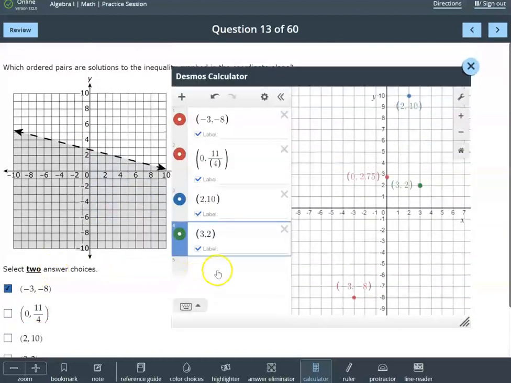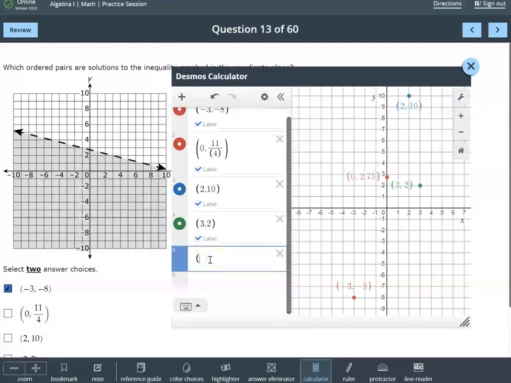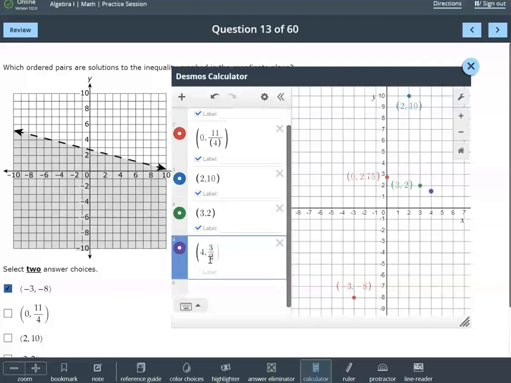So let's hope this last one works. The last one is (4, 3/2). 3 divided by 2 is how you can type 3/2. All right, so (4, 3/2). Now 3/2 is actually halfway between the 1 and the 2 on the y-axis. So at 4, if you put a point halfway between the 1 and the 2, that is in the shaded